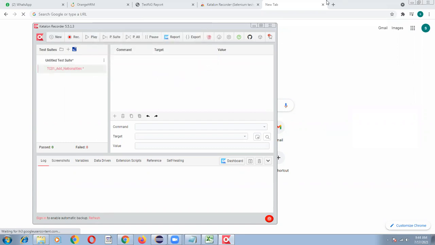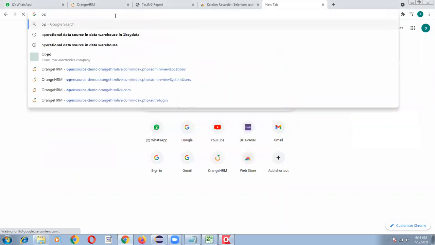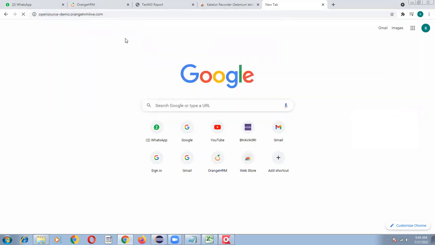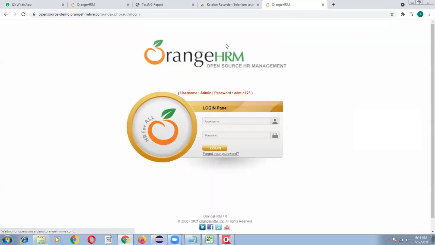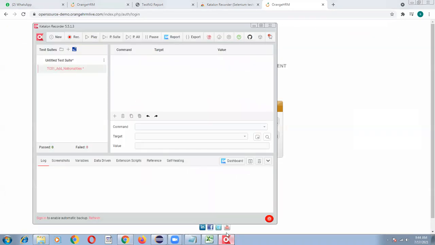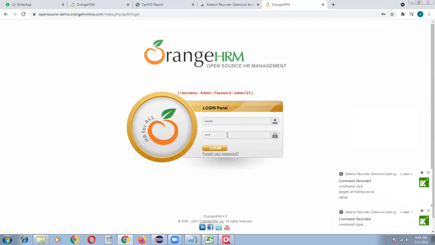Before that, ensure that in the current page you open your OrangeHRM website, wherever you have started that session. Now I'm clicking on recording. Now I am going to perform the scenario: admin, 123, and click on the login button.